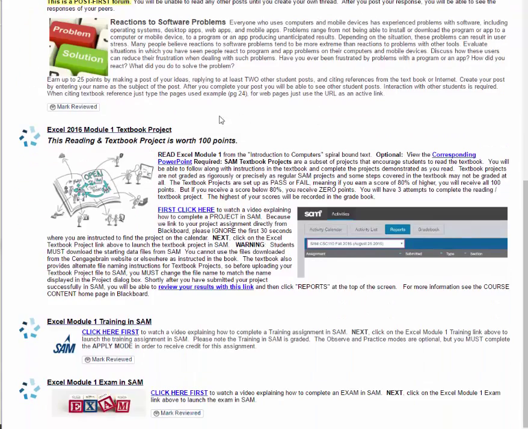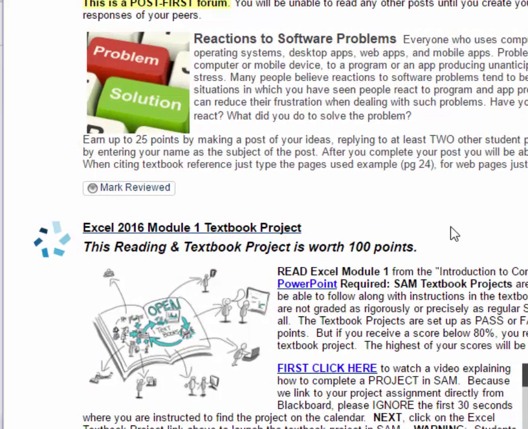After that, we're going to switch gears and go over to the Microsoft Office textbook. That's the one that's spiral bound, and we're going to start learning Excel. We're going to start with Excel Module 1 in the textbook, and basically you need to read through that module